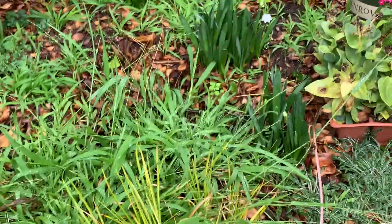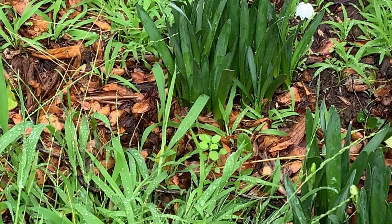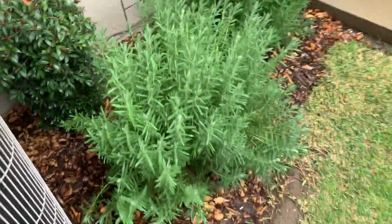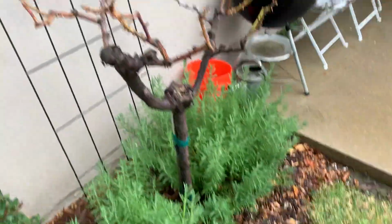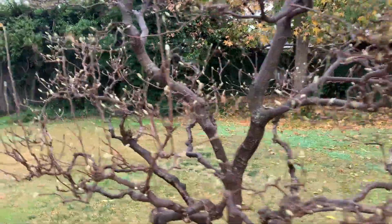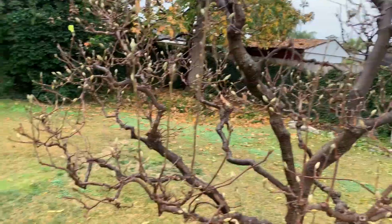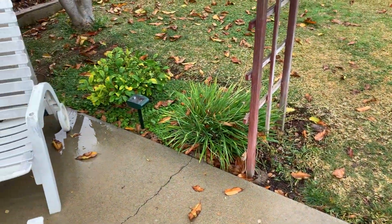And then over here, I planted these years and years ago. This is Lycium, and got the first flower already with that. So that's really cool and exciting. The lavender's already beginning to bud up for some bloom, so it's nice to have some color in that corner. And this is a celebrity tree rose, so it'll be a yellow flower. And then don't really have a whole bunch of buds beginning to open quite yet. Probably another 3 or 4 weeks, and we'll have some color on the magnolia tree, and that's one of my favorite trees and super fragrant. And this week I'll also cut down the society garlic there on either side,